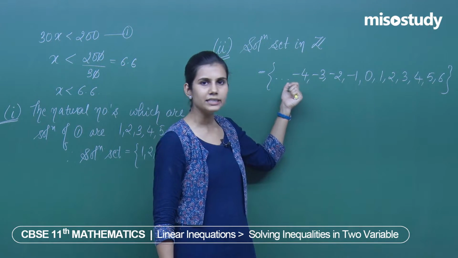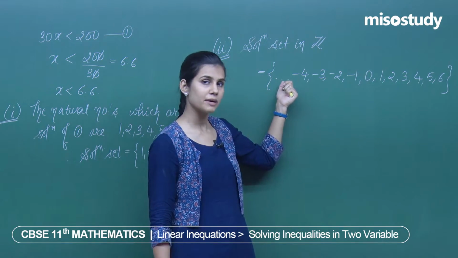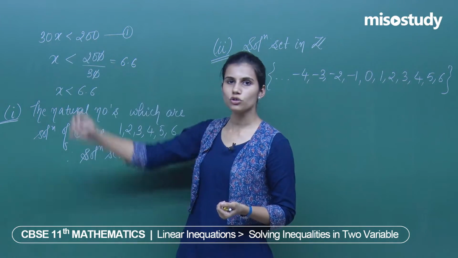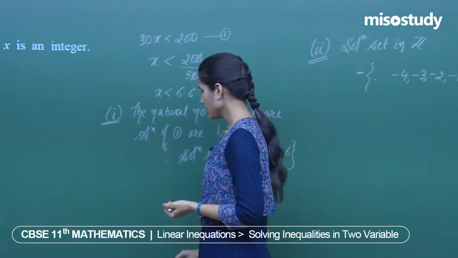All these infinitely many integers, -5, -6, -7, -8, -9 and so on, are all strictly less than 6.6 and hence qualify to be the solution of this particular inequation. Next we have